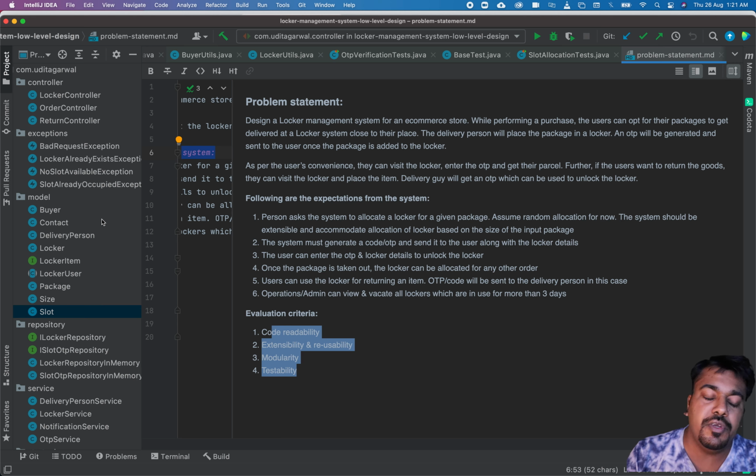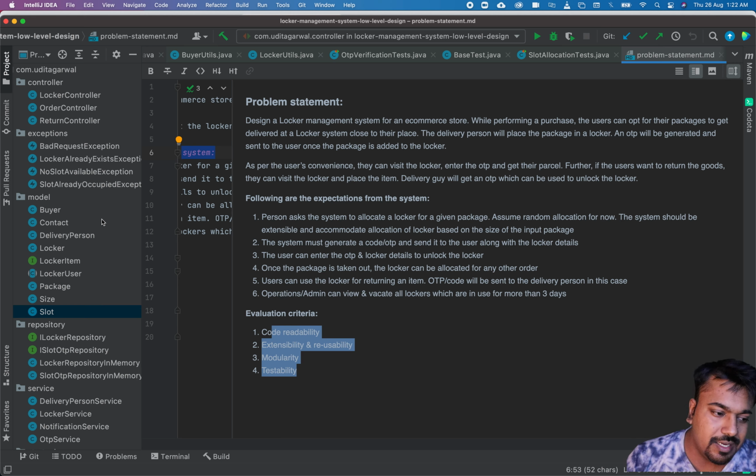And whenever we are trying to come up with the model, we first try to identify what are the entities, what are the user personas, or those kinds of things that are there in the system. So we have a locker management system. First of all, we have a user, we have a delivery person. So these two entities are already there. I should not call it a user, I should call it a buyer. A buyer and a delivery person, both are users of the locker system, right? So that's one area. Second area is there's something called locker itself. Then there is slot. These kinds of things are there.